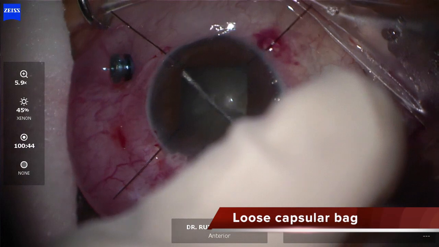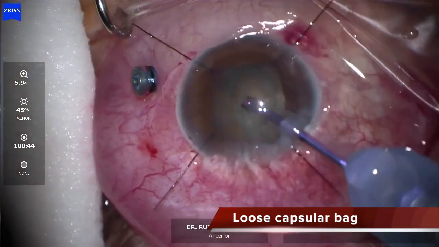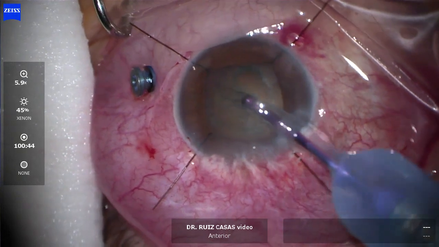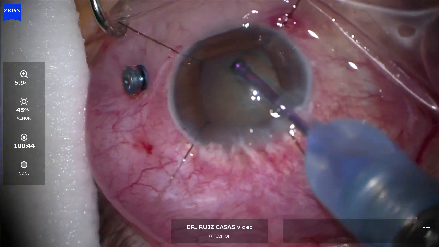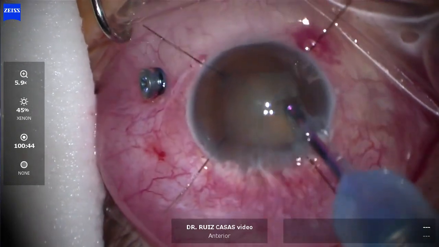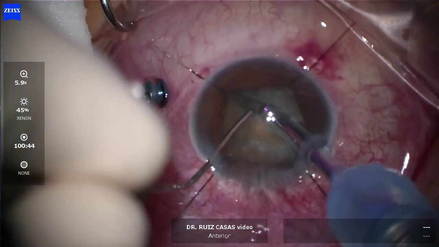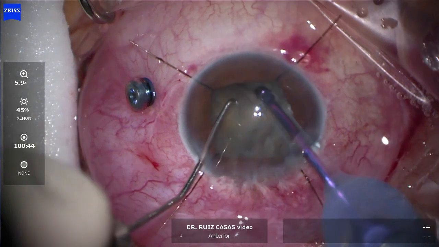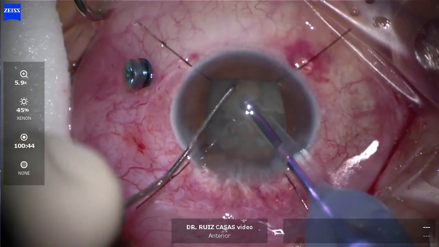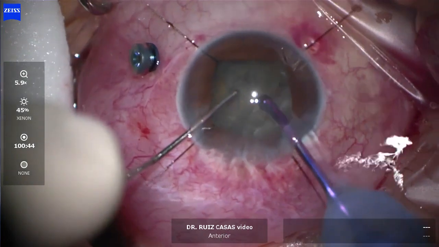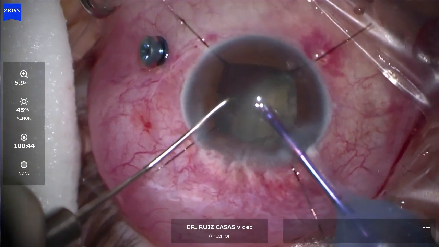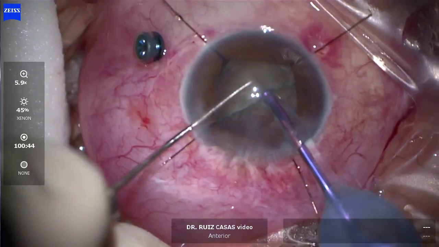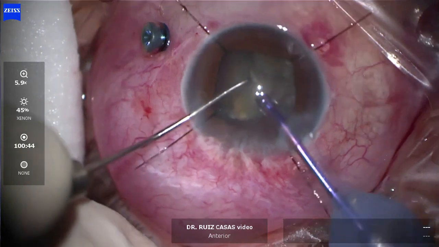So I performed the phaco with the stop and chop technique, and when I removed the lens, as you can see now, it was quite mobile. The bag was moving with the lens, and I had to be very gentle. But when I finally removed the instruments and especially the IA, due to the pressure of the silicone oil in the vitreous cavity, all the capsular bag moved forward, and I could observe the zonular dialysis in the temporal